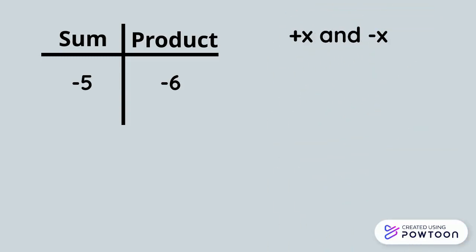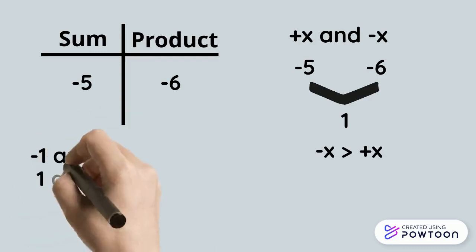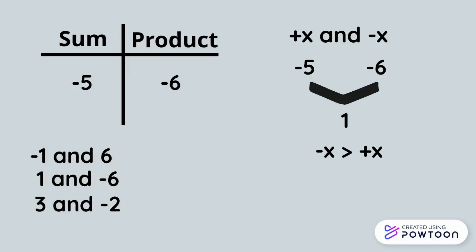Also, since the sum and the product are only one number apart, we know that one of the numbers will be pretty low while the other one is a little bit higher. Plus, since the sum is negative, we know that the negative number will be greater than the positive number. The only options are negative 1 and 6, 1 and negative 6, 3 and negative 2, and 2 and negative 3. Looking at the things we know, the two numbers would be 1 and negative 6,